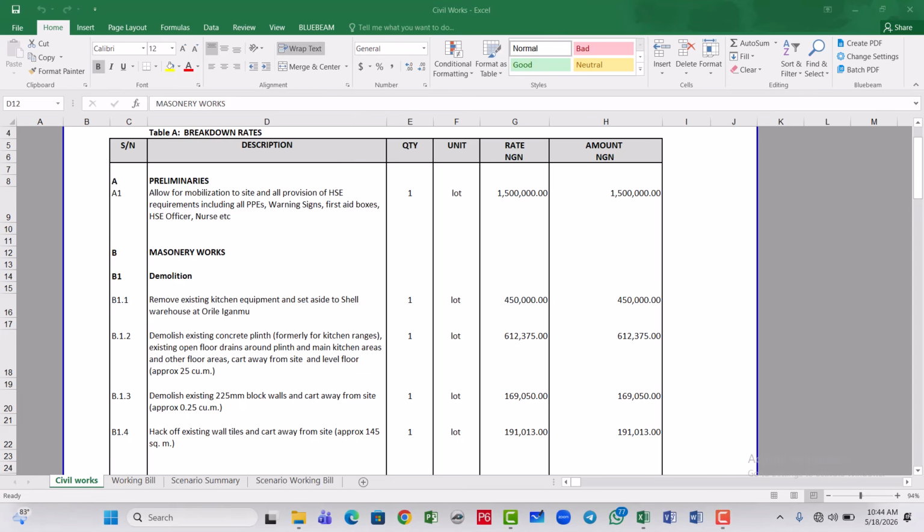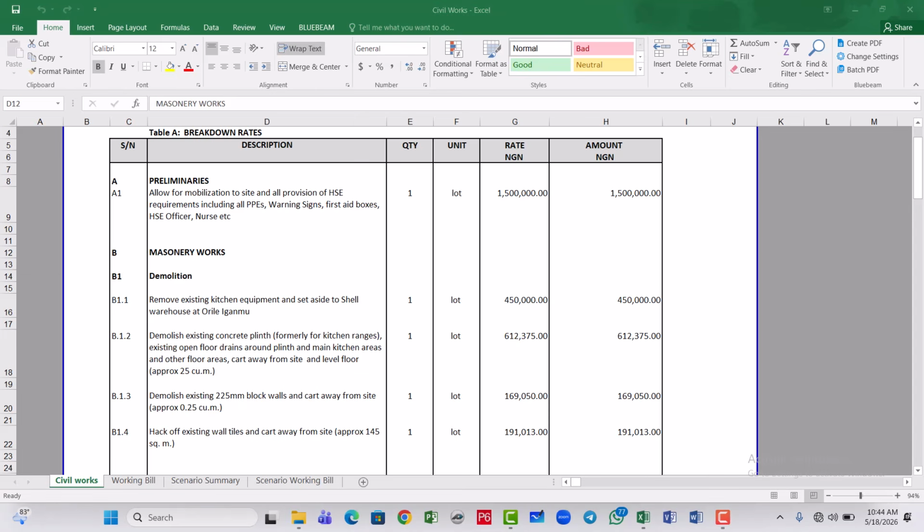Goal Seek. And I've been able to show how professionals in the construction industry can use it to make faster, smarter, and more accurate decisions. As a quantity surveyor, a construction operations manager, a project manager, an engineer, or even a construction cost analyst, you often work with budgets, estimates, and financial targets. So instead of manually guessing or recalculating values, Goal Seek allows you to reverse calculate unknown inputs to achieve a desired